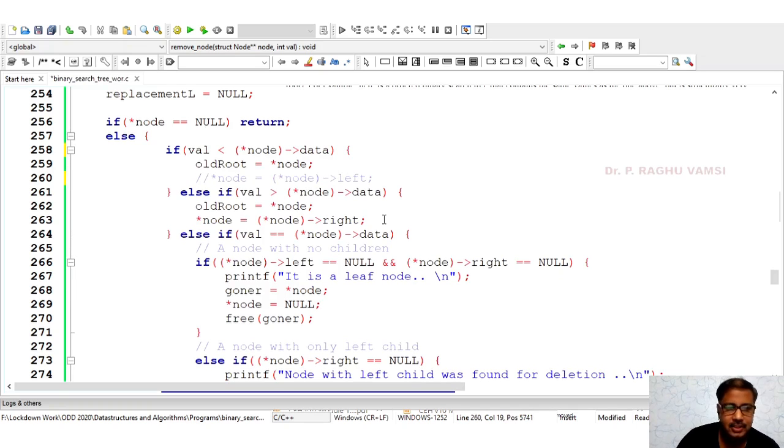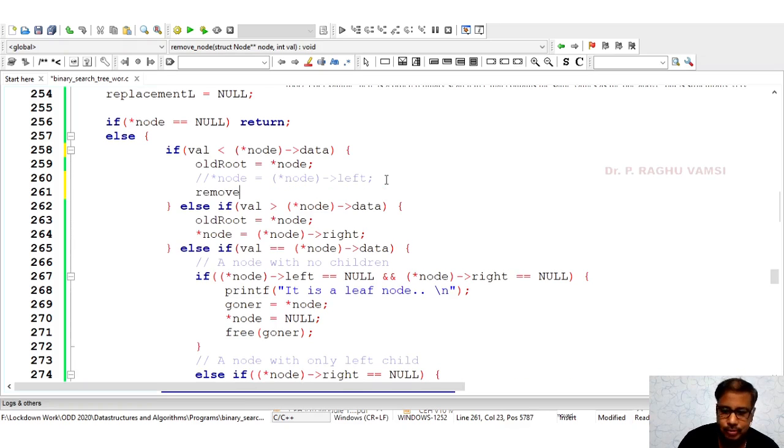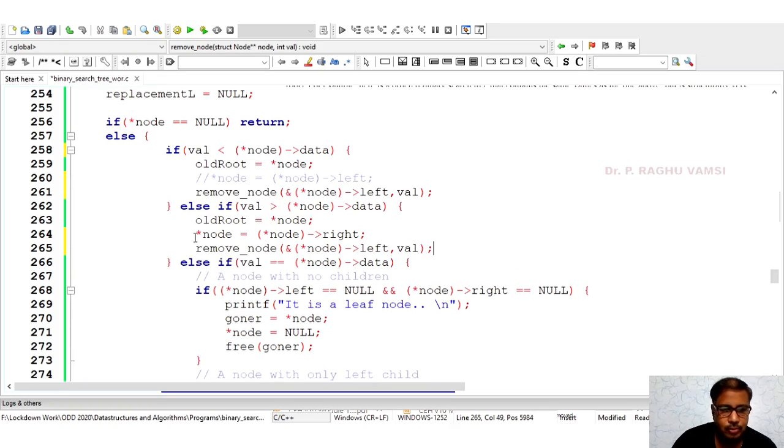just comment here and replace with recursion, like remove node of star node, move to the left side, node value. Same thing, we'll use this function to move to the right side.